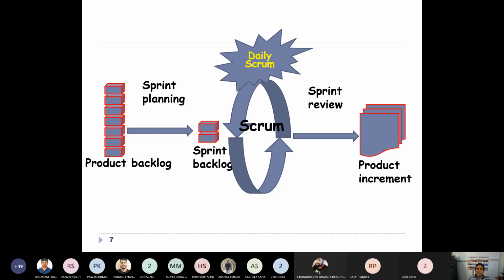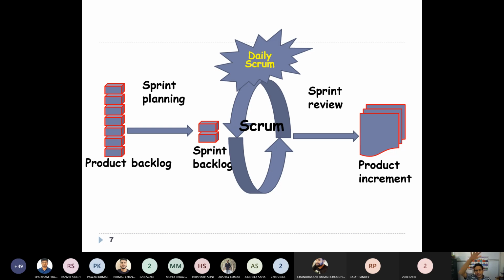And there is a sprint planning, that means before the sprint starts. During this sprint planning, what different items will be developed through a particular sprint will be decided, and those items will be in the sprint backlog.